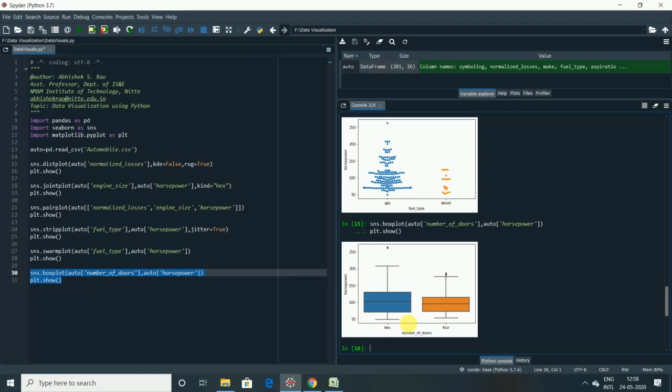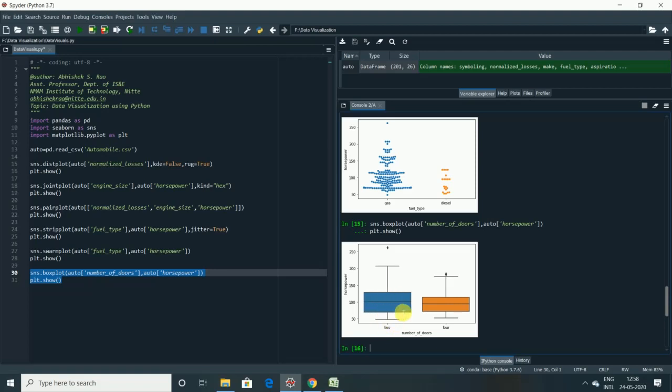As you can see, two box plots are created here, one with 2 doors, another with 4 doors. The minimum and the maximum are these 2 whiskers, which some people also call whisker plots, right?